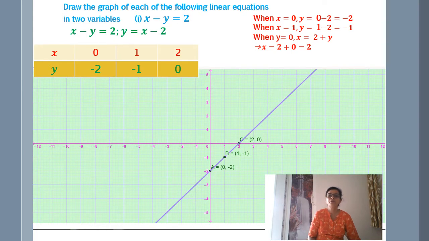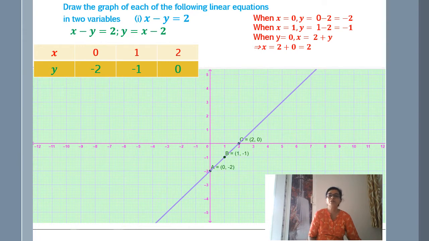Or you can even put y is equal to 0 in the first equation, then you get x minus 0 is equal to 2, therefore x is equal to 2. Now here I want to tell you one thing: it will be easier for you to do sums of this kind if in the table you use 0 once as the x coordinate and one time you take 0 as the y coordinate. The sum will become easier. Always take 0 once in x and another time in y.